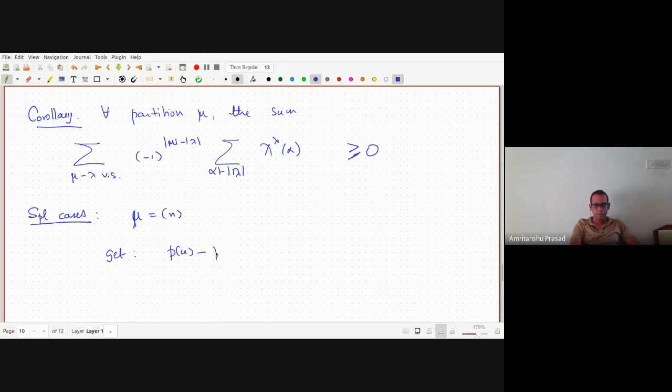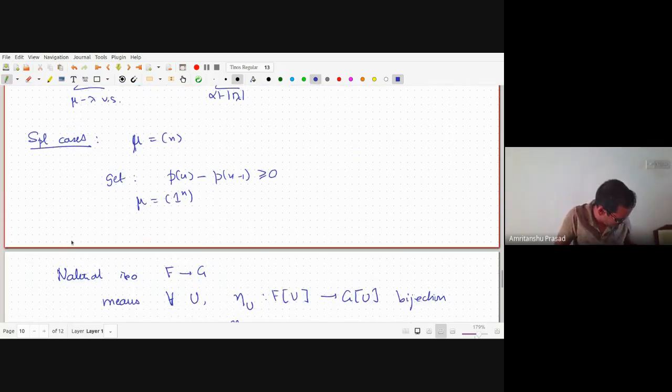What you get is Pn is greater than or equal to Pn minus 1, if you work it out. Why do I say this? Because you'll be taking the trivial character and summing it along all conjugacy classes. There are Pn conjugacy classes for n, and there are Pn minus 1 conjugacy classes for n minus 1. So this gives the monotonicity of the partition functions. And the second special case is a little more cute, but also not a very difficult identity to prove, but it's a little more surprising.